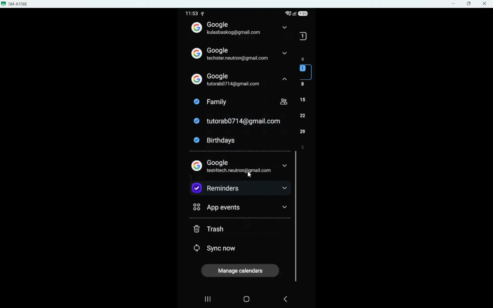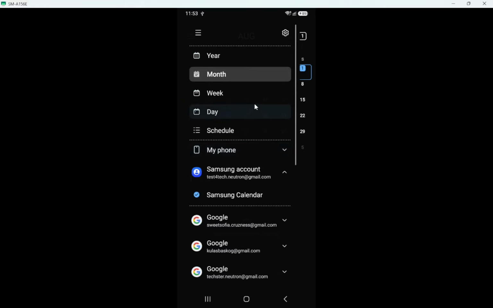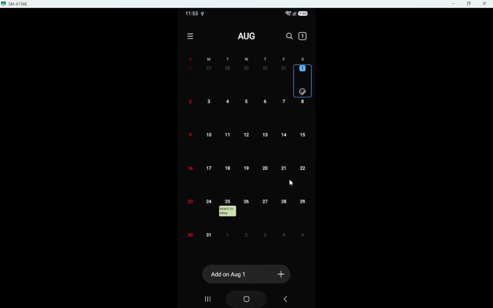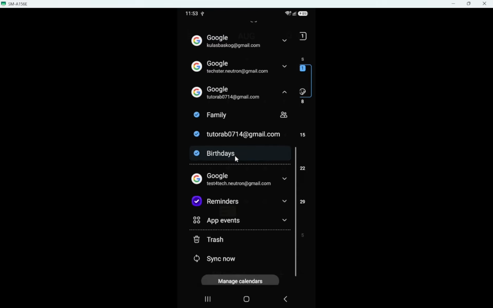If necessary, use the Calendar Sync or Refresh option. In the Samsung Calendar menu, you may see a small sync or refresh icon. Tap it once to force Samsung Calendar to pull the latest events from Google right away. After a moment, any new or changed Google events should show up on your calendar grid. You have now synced Samsung Calendar with your Google Calendar and confirmed the right calendars are visible.